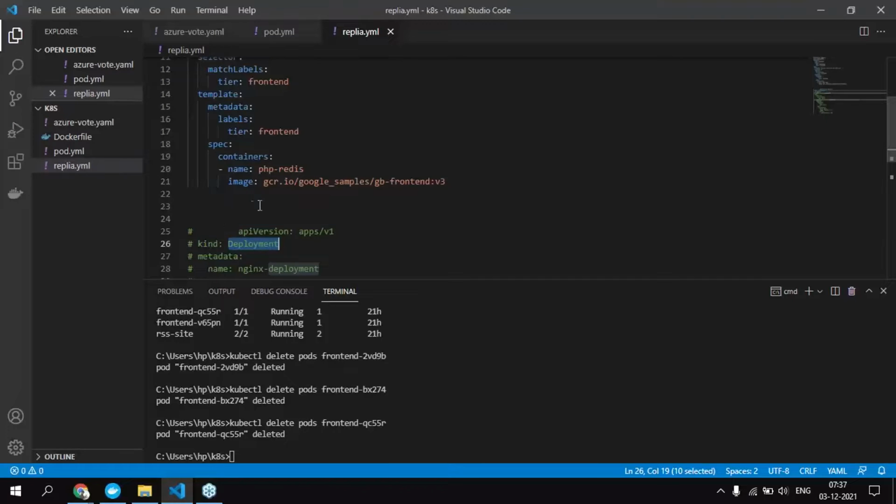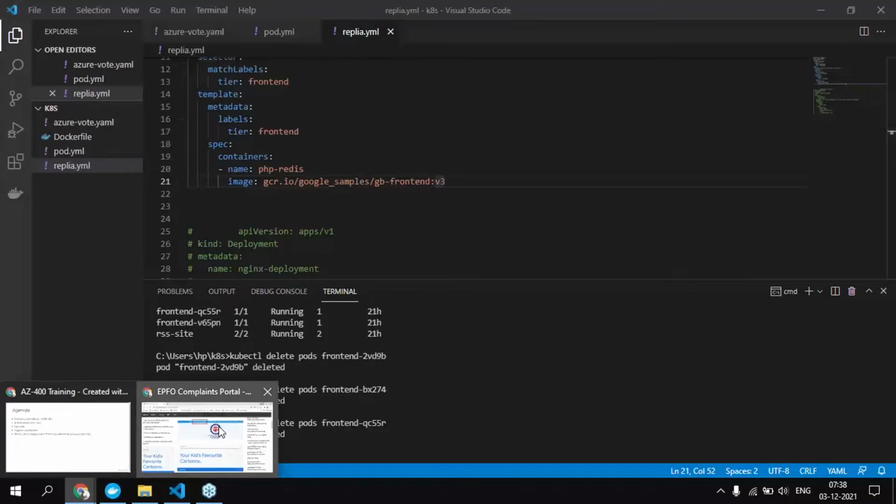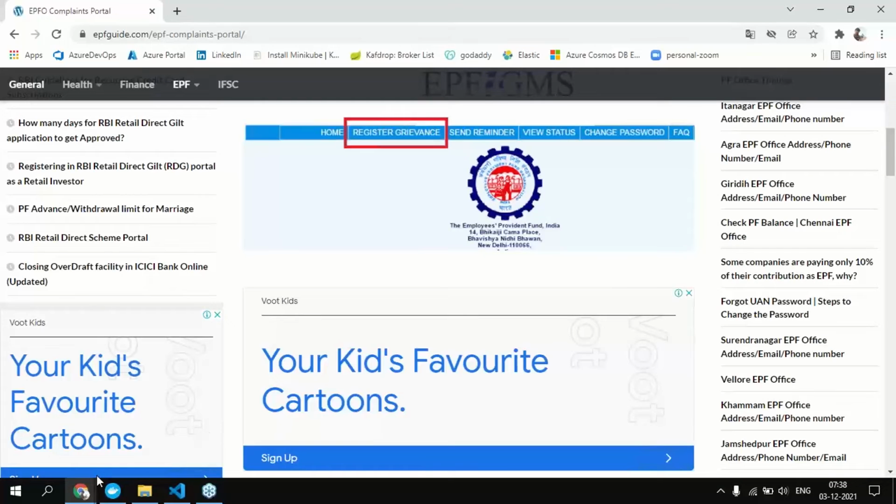Otherwise, there is still some possibility that it can update the image version, but for that we have to delete the pod and after that run the replica set again. But if you're killing the pod and then starting it again, it's not a good practice, right? So for example, in this one,